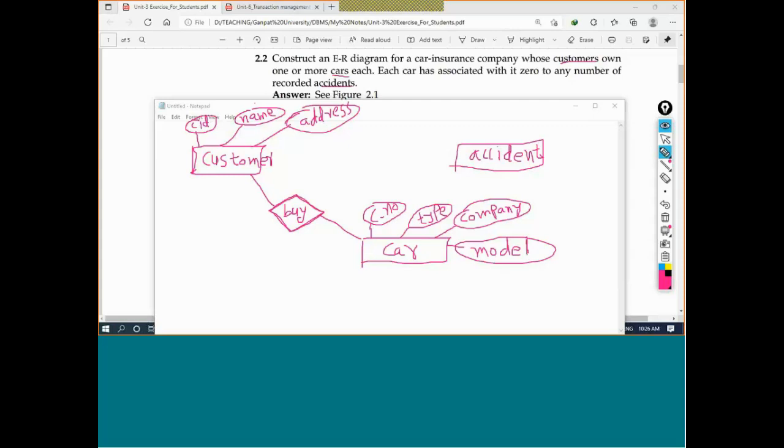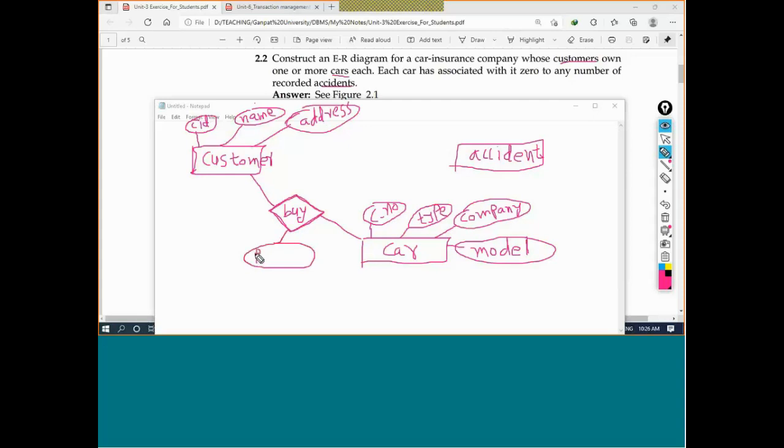Okay, and now, if you do not have all the information, write whatever details you know here. Now, whenever you are buying a car, you may have an RC number, registration number. So I will add it here.